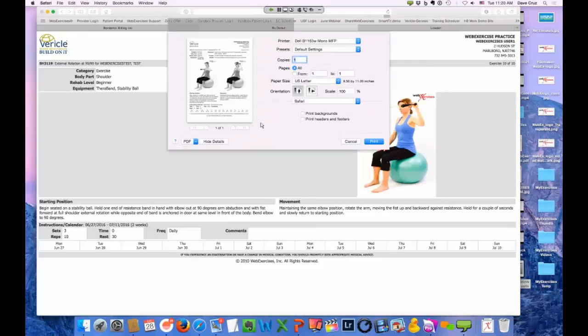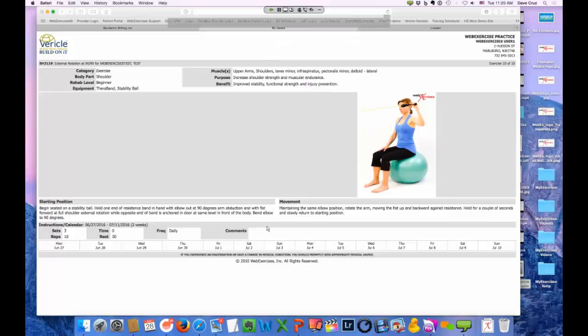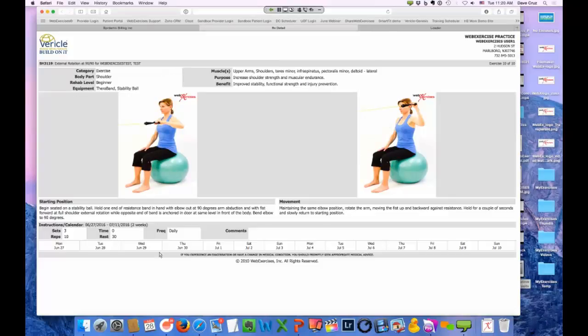And I'm seeing that we're going to update this with the Genesis since it's Verical. I'm just seeing that right there. So it prints with the information. I'm going to cancel this out so you can see it. Instructions, a calendar that's specific to the days and frequency you want. So if you want that patient to do a program for 1 week, it builds a 1-week calendar. If you want to do it for 6 weeks, it builds a 6-week calendar. It's also going to have your name, clinic name information in the upper right-hand corner. Give patients the information they need.